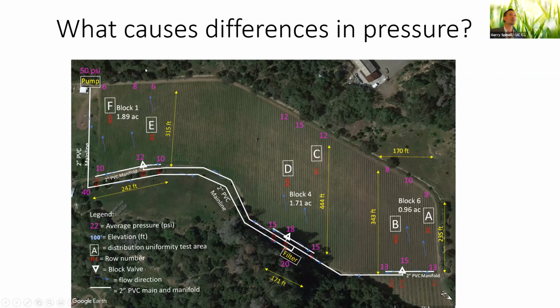So now you have this big difference in pressure, right? Some parts of the field are irrigating at 6 PSI, and some parts of the field are irrigating at 18 PSI. And this is what you're trying to avoid. You're trying to have the pressure in your field as even as possible, because with more pressure, your emitter will produce more water, and you will have a very bad uniformity of distribution of how much water is applied to your plants.